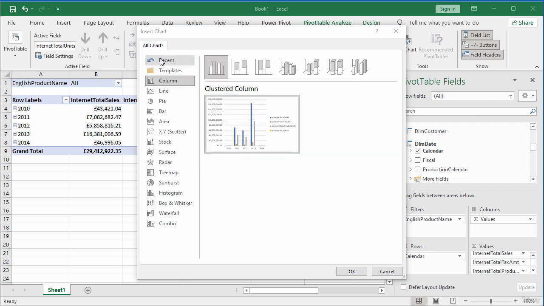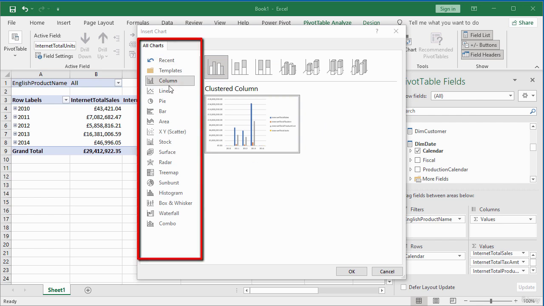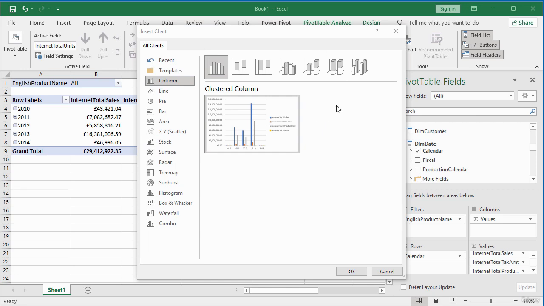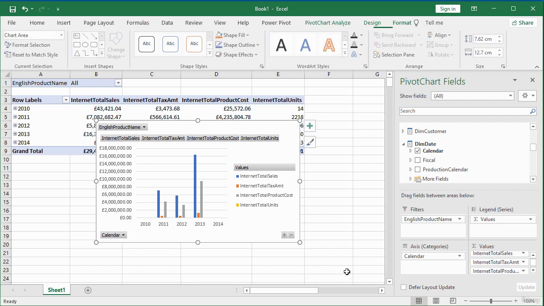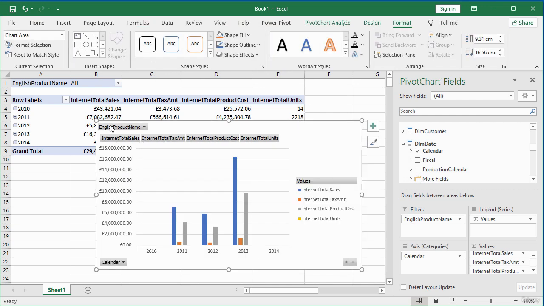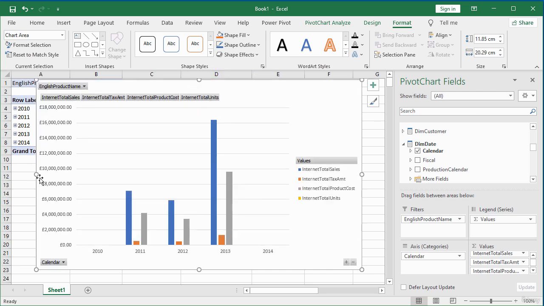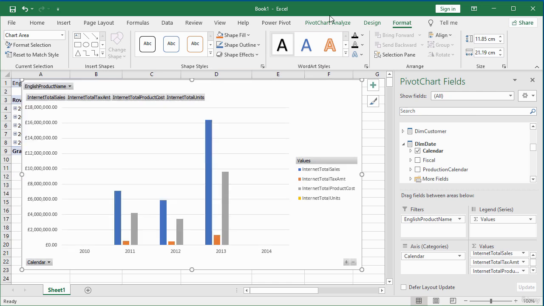the data, but you can also choose other formats to represent your data. So you can represent it as a line chart, a pie chart, a bar chart, and so on. So I'm going to leave the default chart option, which is clustered column, and I'm going to click OK. And you can always expand the chart here. I'm just going to click to expand that